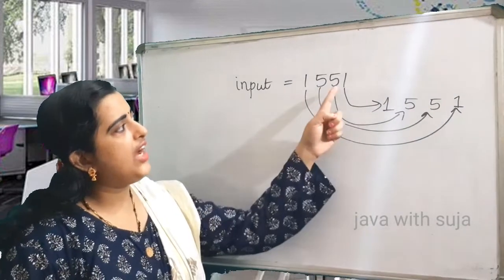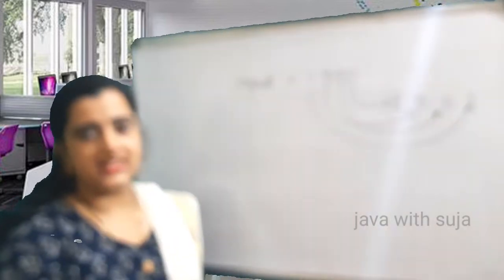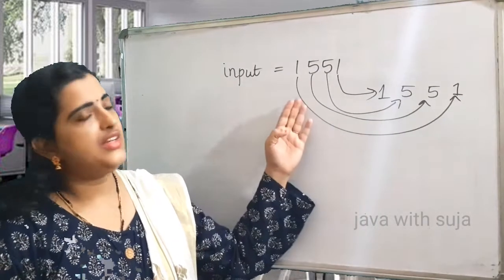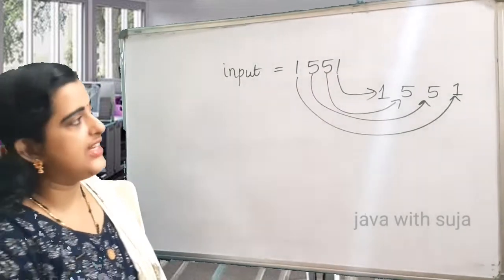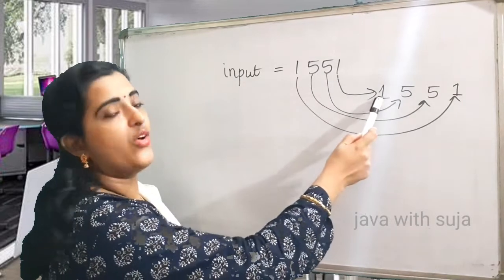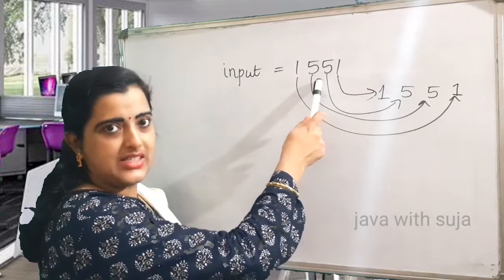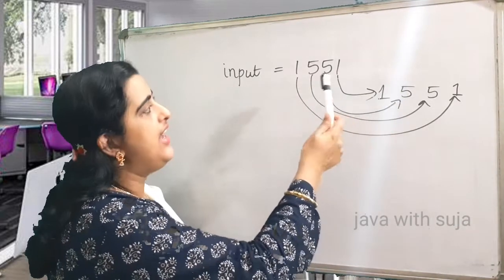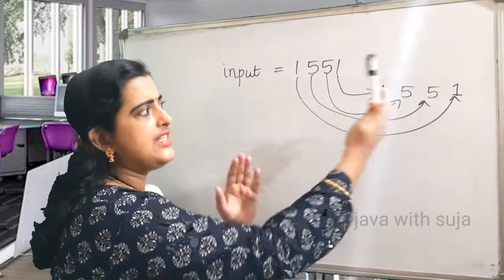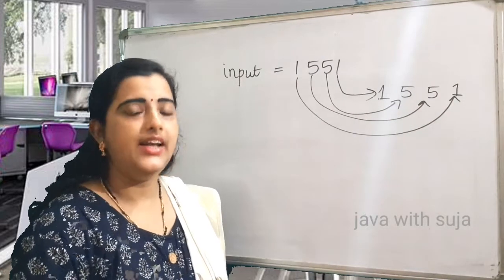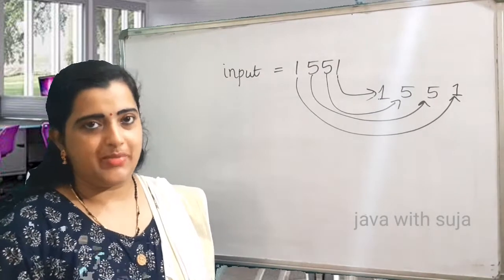That is, we have to extract each digit while reversing that number. So you might have noticed that each digit's place value is getting interchanged. That is, the digit in the ones place is now arranged at the thousands place, the digit which was in the tens place is now at the hundreds place, and the digit at the hundreds place is now at the tens place. So each digit's position, its place value, is getting interchanged. So obviously a question arises: how do we interchange the place value?